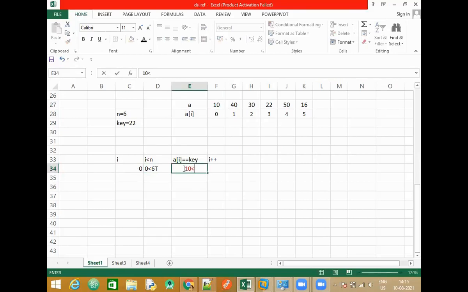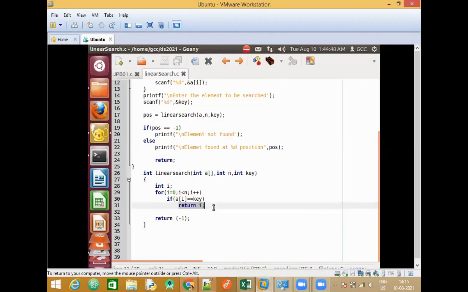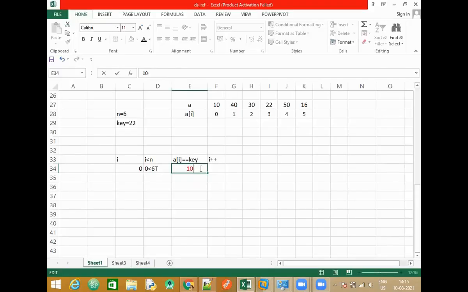Our key element is 22. Sorry, I wrote less than, I'm sorry. It has to be equal to 22. So this is false, so the return does not execute.